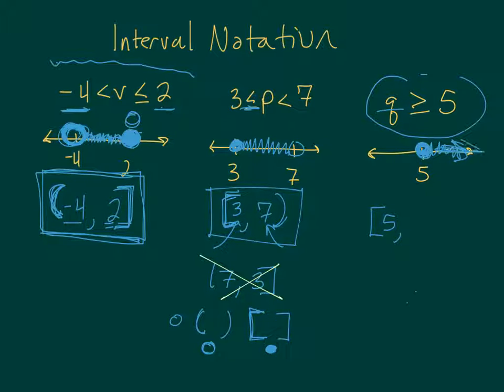And this shoots off to forever, which of course we all know is infinity. That's this sideways 8 symbol. And infinity is not really a number, so that technically is always a round bracket. So I hope that makes sense and doesn't make a big deal.